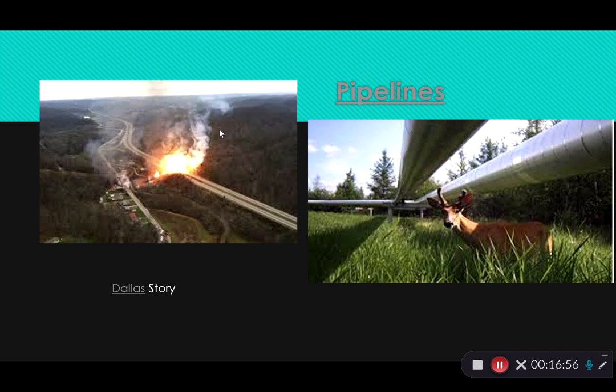So another mode of transportation we need to think about is pipelines. And so pipelines are becoming much more controversial. We talked a little bit about this when we talked about energy and how pipelines are used extensively to move natural gas, other resources around the country. And so